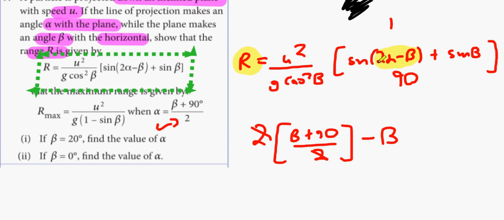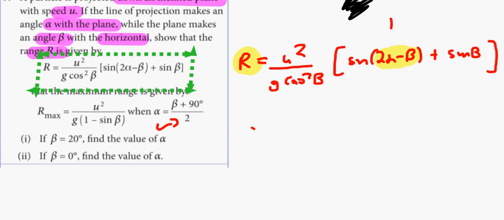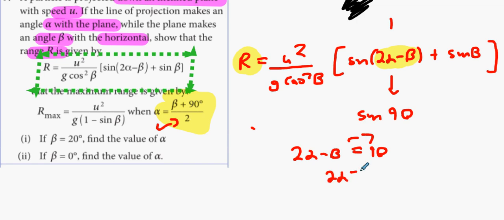So you've got to look at sine 2 alpha minus beta, and this is how you'd figure it out. You won't always be given this in a test. You'll be asked to figure out what is the maximum. And here's how I'd find the maximum. I say max when it equals sine 90. This implies 2 alpha minus beta equals 90. Implies 2 alpha equals beta plus 90. And then therefore alpha equals beta plus 90 over 2. You don't have to be given that. Okay? Now as discussed earlier,